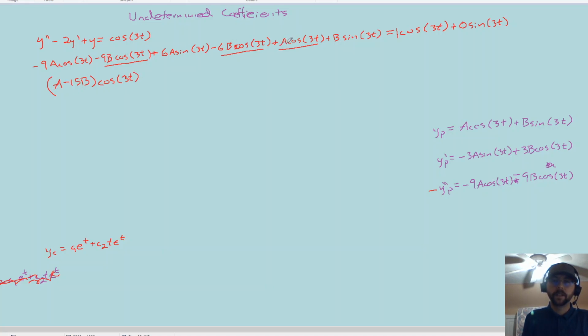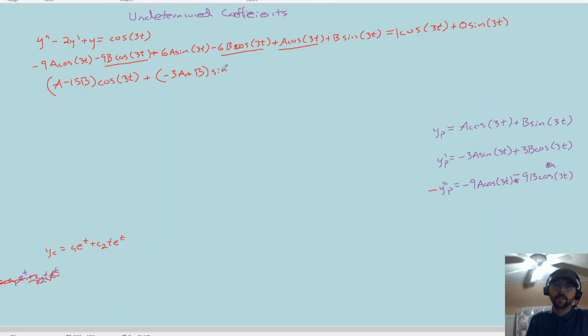Yeah, that should be right. And then as far as these signs go, for sines we have 1a, 2a, and 1b. So -9a plus 6a gives us -3a, and then we have plus b